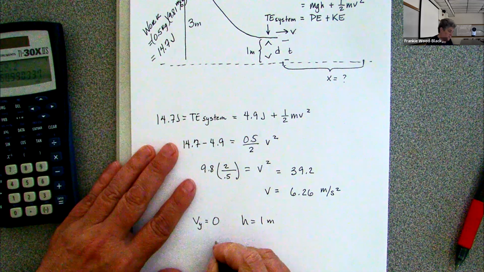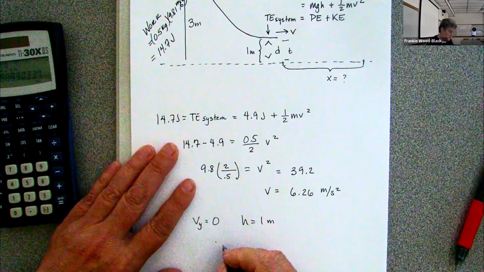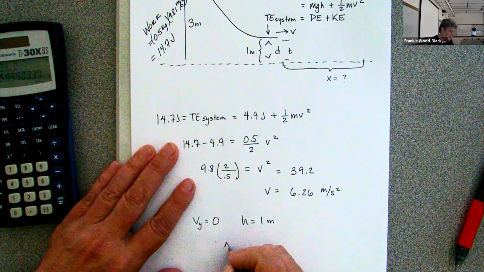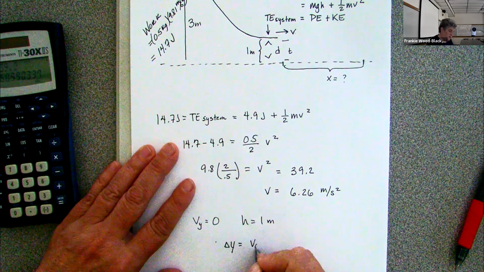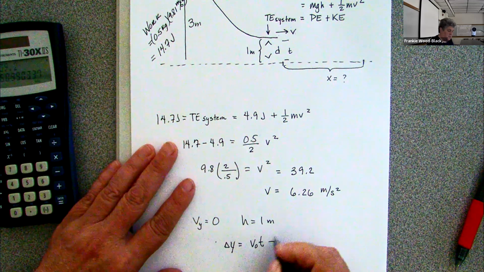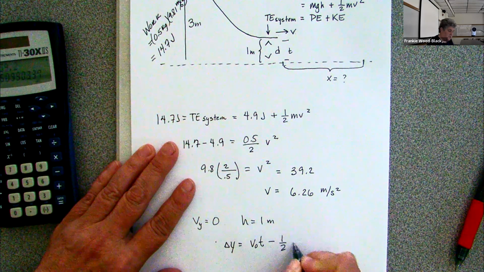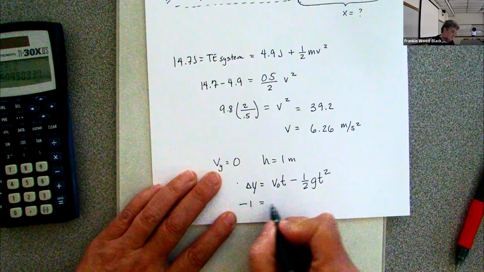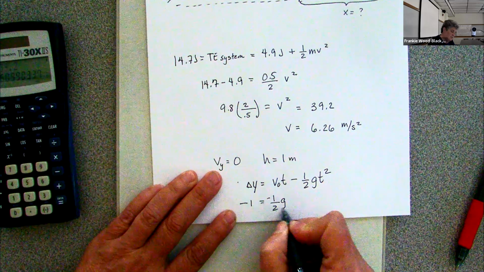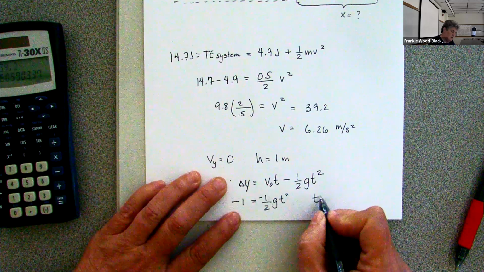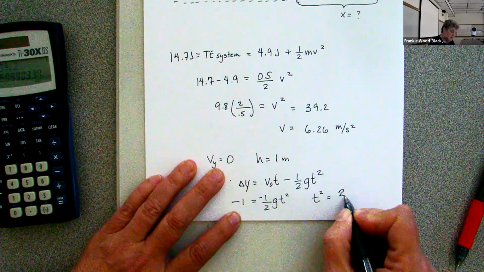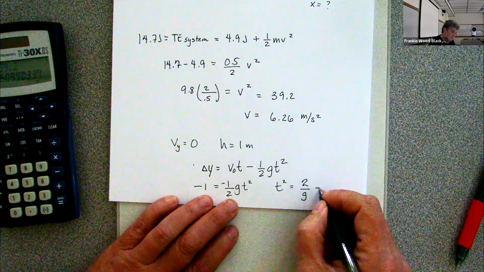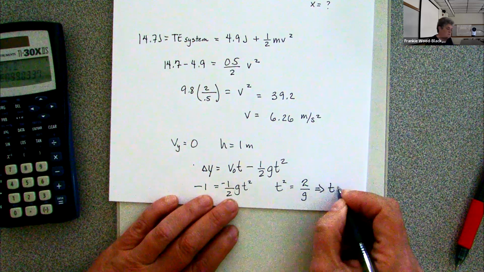So my change in y is equal to v times time minus 1/2 gt squared. So I get minus 1 is equal to 0 minus 1/2 gt squared. T squared is equal to 2 divided by g, which gives me T is equal to